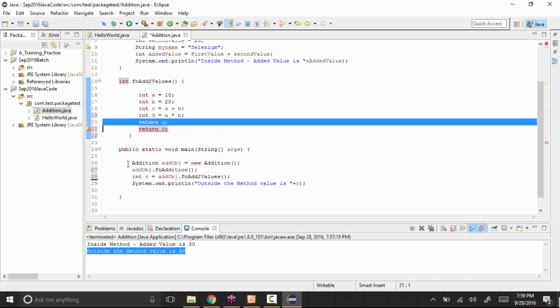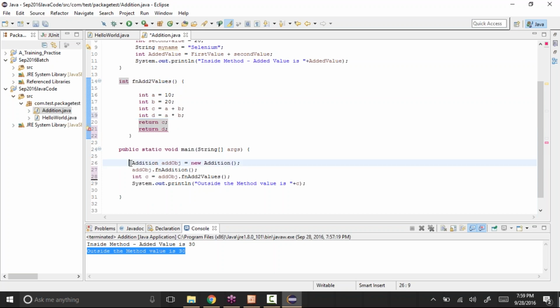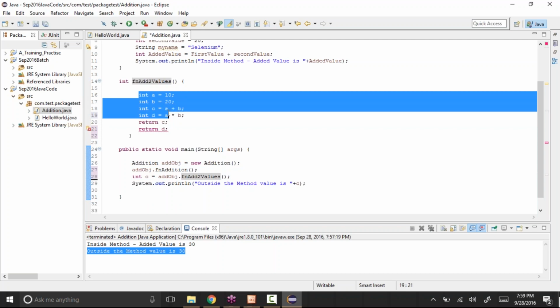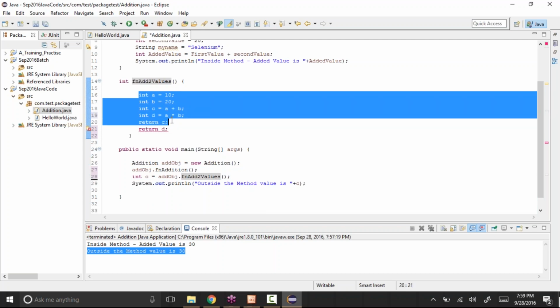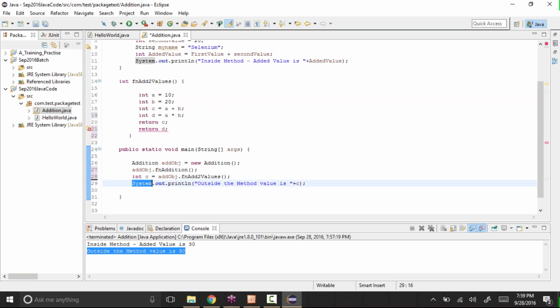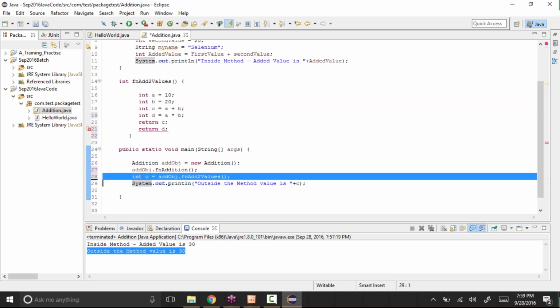So when you execute, it will come here, execute this line of code, then the second line, then you are calling the third line, so it will come into the function and execute all these lines of code. When it finishes, the control comes back to the calling line and goes back outside.